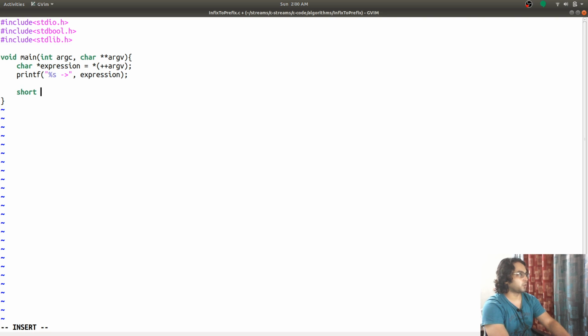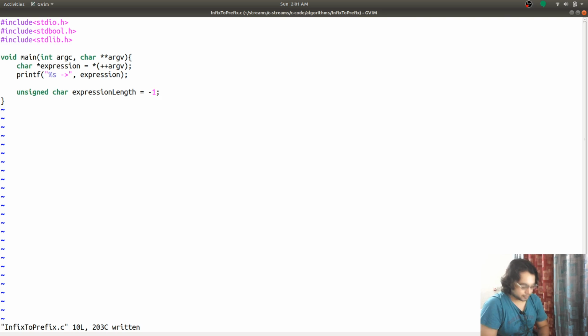I'll say unsigned char expression length is equal to -1, because whenever we use length in our code, we always subtract 1 to align the length with the correct indices, the last index of the array.